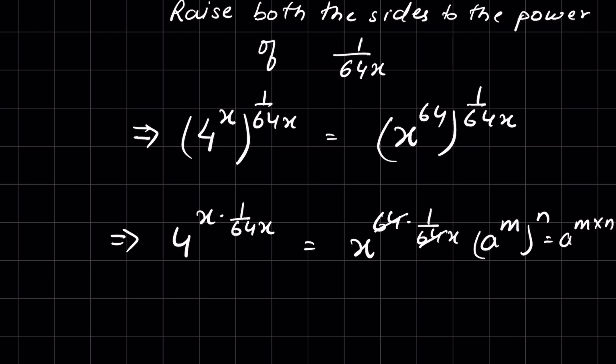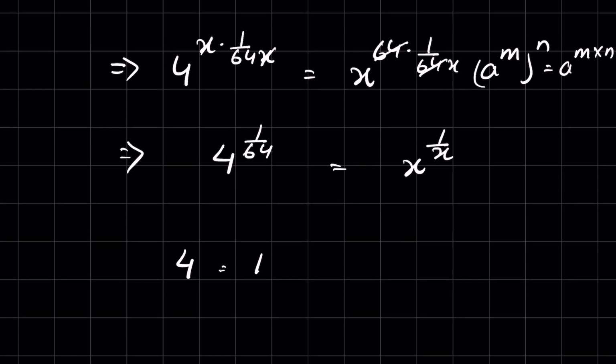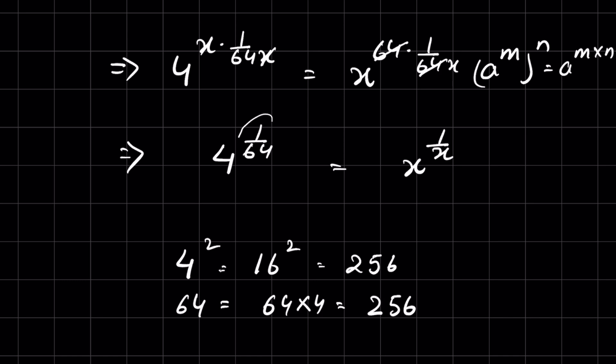Now here we can remove 64 on this side and x and x. So we have 4 raised to the power 1 upon 64 is equal to x raised to the power 1 upon x. Now square of 4 is 16, square of 16 is 256, and multiple of 64 times 4 is 256. So if we can write 1 upon 64 in terms of 1 upon 256 and 4 in terms of 256,